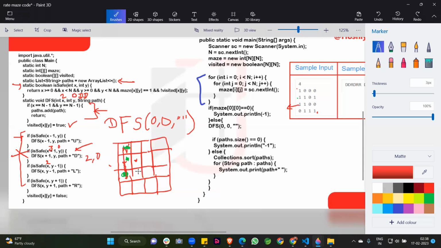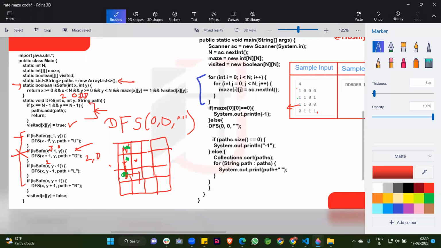Okay, at 2 comma 1 we are at this position. Then we have already checked this position, then we check for the downward. Okay, so this first if condition is called for the function of 2 comma 1. So you can see here, guys, at this position we are calling this condition if x minus 1 comma y. So what is x minus 1?